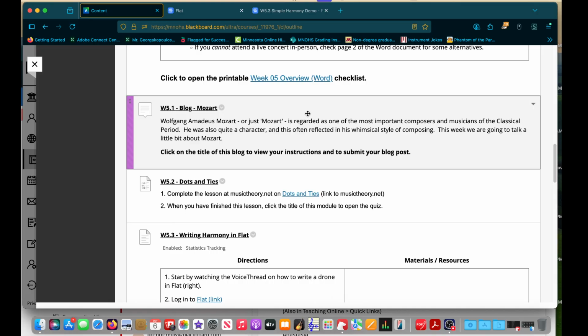In this blog, you'll learn a little bit more about him as a composer. You'll listen to one of his most popular songs and reflect on why he was so important to this era. Mozart also just happens to be one of my favorite composers in classical music in general. So if you ever want to dive a little bit more deeply into his works or his character, you can send me a personal message and I'd be more than happy to expand on the information included in this blog.